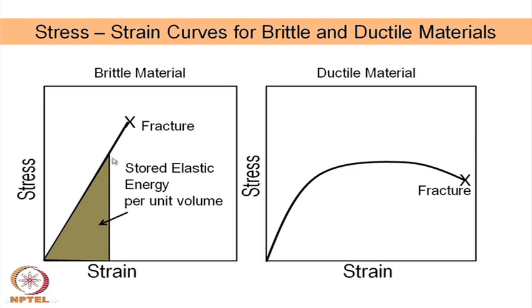This area under the curve, whether this one or this one, is always the stored elastic energy within the elastic limits, and the total area here is the total energy required to fracture a material, and that is sometimes called the toughness. So, the area under the curve is a measure of the toughness. Here also it is more or less the same, but a better way to represent it is the stored elastic energy per unit volume. So, that is the distinctive feature between the ductile material and the brittle material so far as the fracture is concerned.